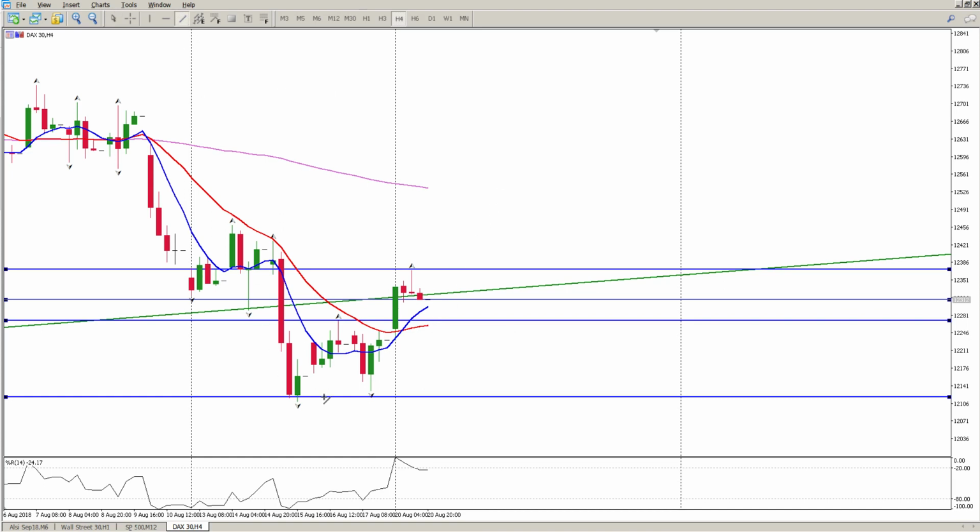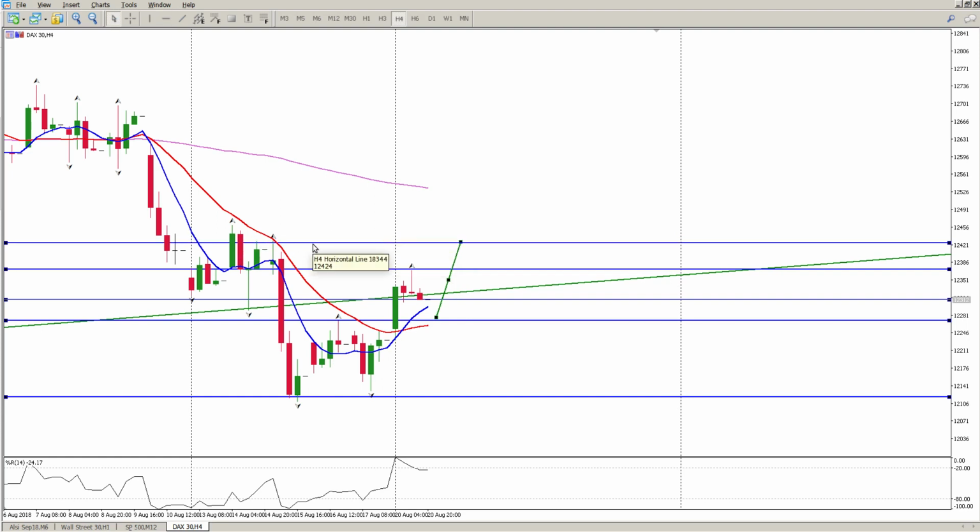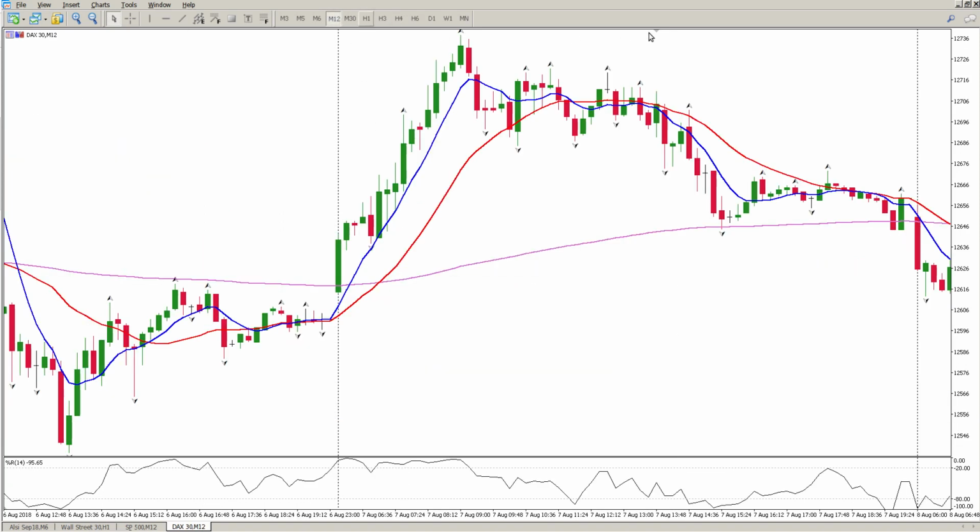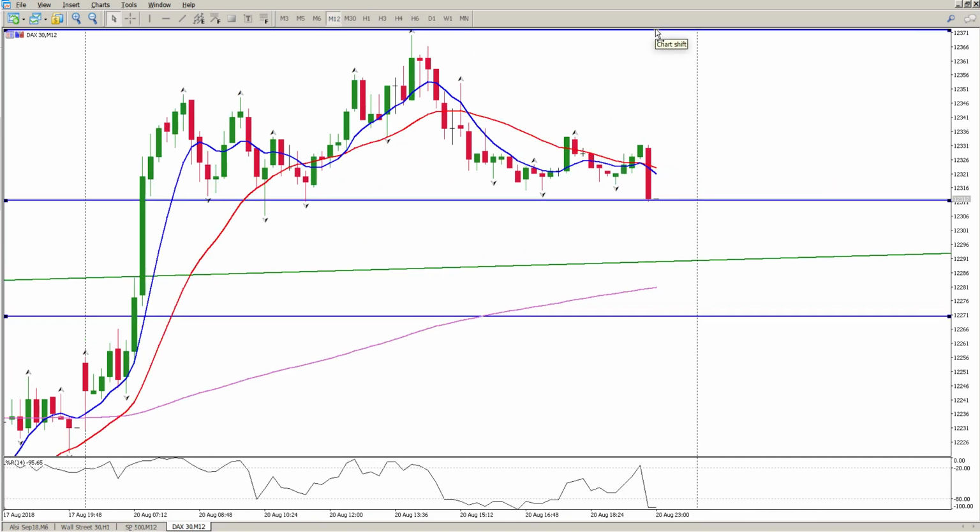And my target here is pretty much that area there, which is 12,420. Okay, now let's get down to the lower time frames, because this is where we need to take a trade off. So first things first, we do have this potential head and shoulders here. So a break below here is going to give us a downside move